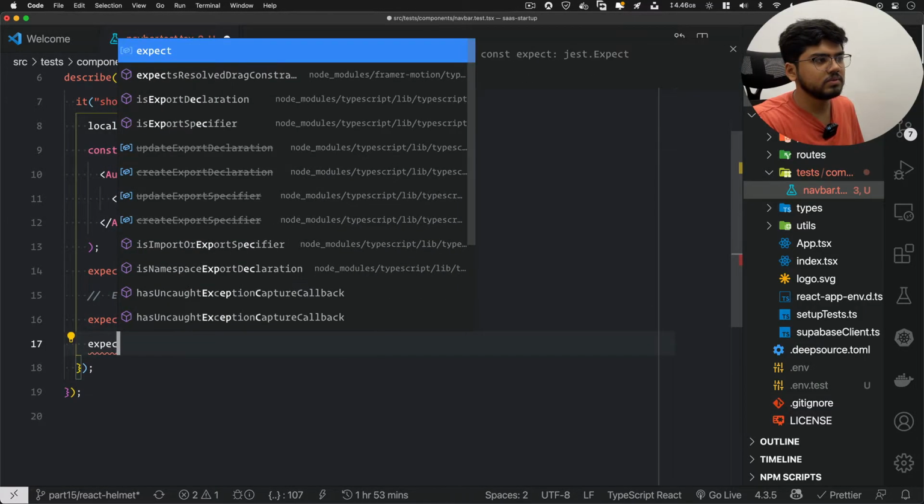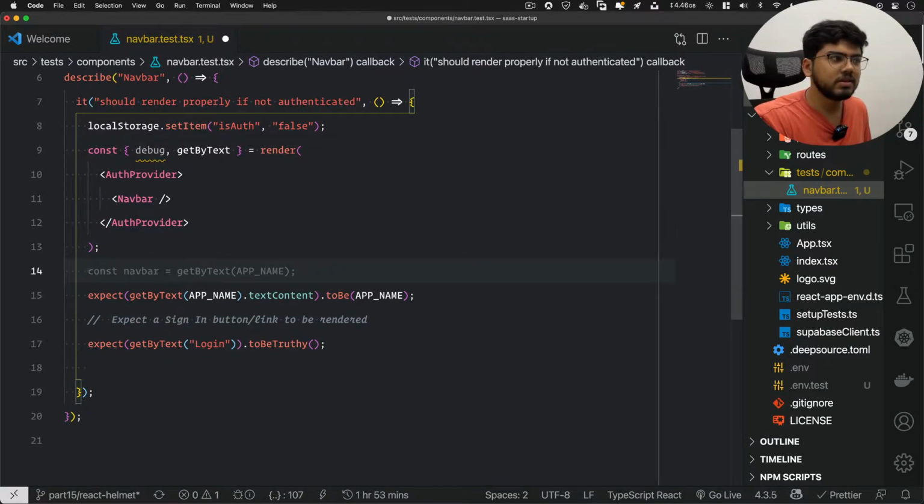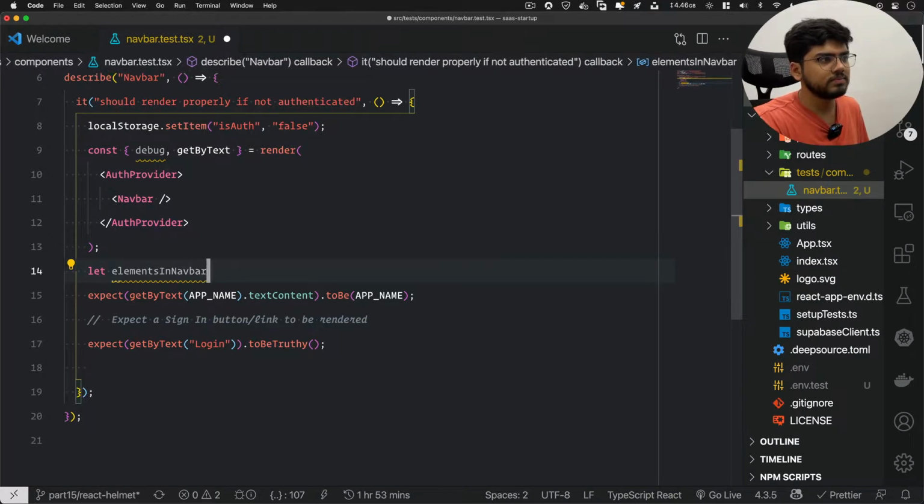Now what we'll do, we'll store all the elements so that we are aware that these are the elements which are available. We know what all elements we have. Okay, so we'll store let elements in navbar be empty.